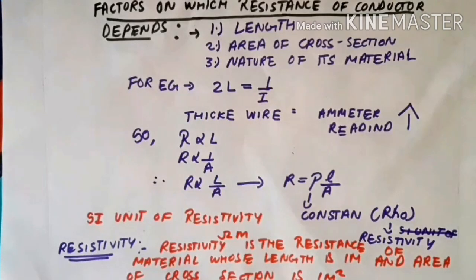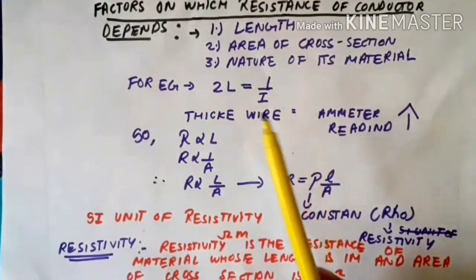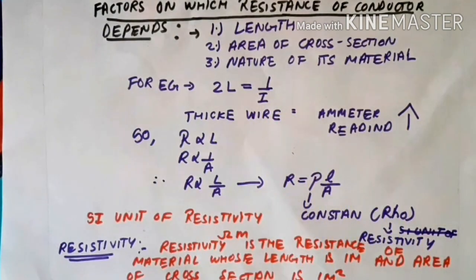Guys, now we'll do one more activity to understand resistance properly. For that activity, we need nichrome wire, a torch bulb, a 10-volt bulb, an ammeter, a plug key, and some connecting wires. First of all, complete the circuit by connecting the nichrome wire. Then read the ammeter reading, and then complete the circuit with a torch bulb and read the ammeter reading. Then a 10-volt bulb, and read the ammeter reading. You will notice that in every case the current reading in the ammeter was different.